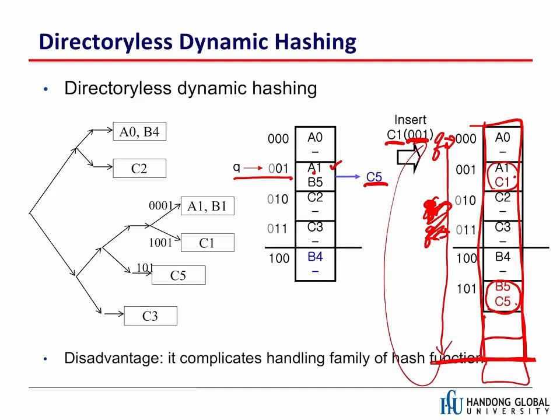Okay, so this one is good, but there's no free lunch. It comes at a cost, right? So in this case, the hash function is complicated. What does that mean? Let's look at this one. In this case, we need the hash functions to assign this one and this one, this one, this one. It means sometimes we have to look at 3 digits, and sometimes we have to look at just 2 digits. Fortunately, Q is actually pointing to where the 2 digits start. So for this one we have to read 3 digits, but from this one we need to read 2 digits,